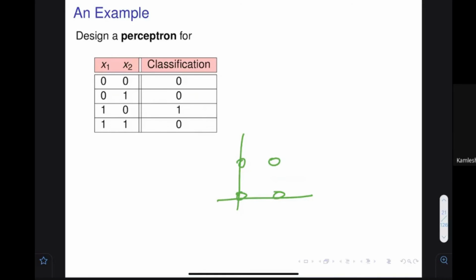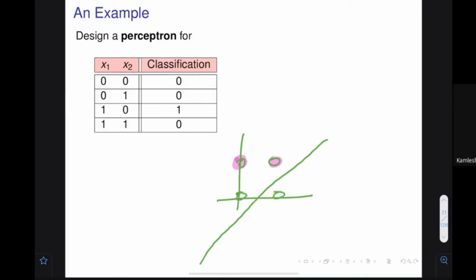So let me try to see whether it is linearly separable data or not. 0 0 it is 0, and 0 1, I think it is 1 0. I think I have done the wrong thing. 0 1, this is the 0 1 point, it is 0. 1 1 it is 0, and here it is green. So can I draw a line? Yes, I can draw a line like this. So this can do the right classification.